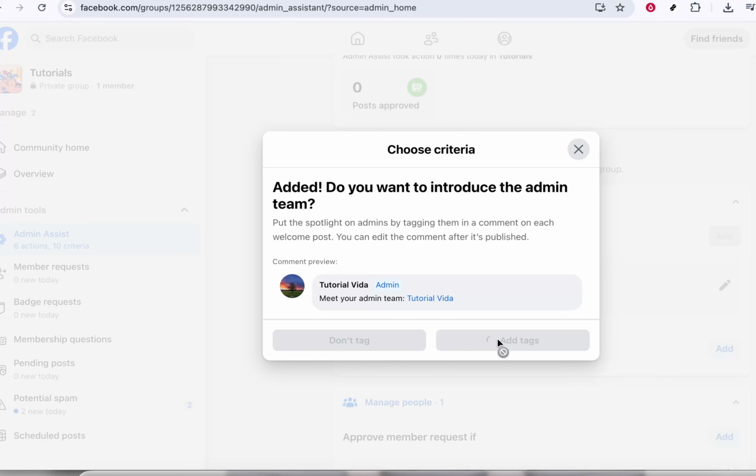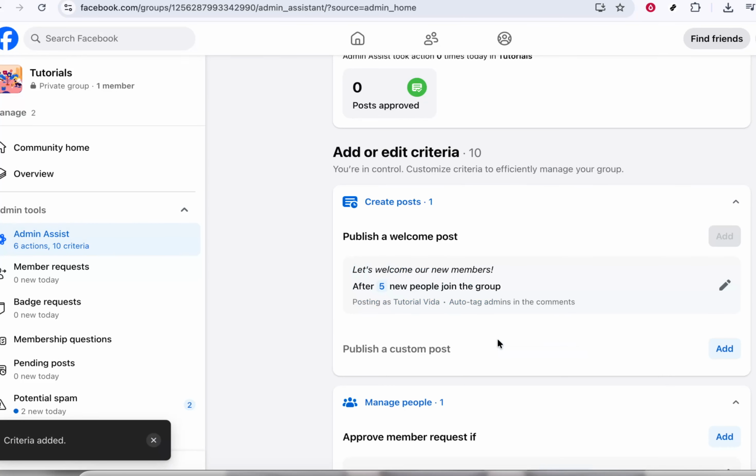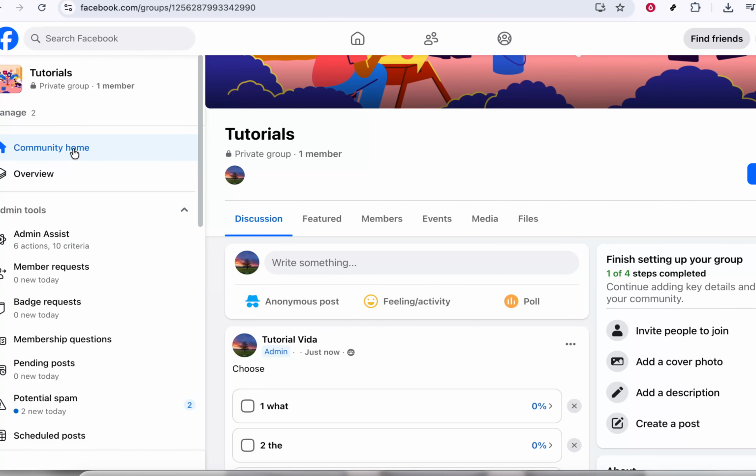You can edit the text to match the tone and purpose of your group. For example, you might briefly introduce what the group is about, remind people of the most important rules, and invite them to introduce themselves in the comments. You can often include placeholders so the post automatically tags new members, making them feel personally welcomed. Once you're happy with the wording and any other available settings, confirm and save your changes. From now on, every time new members join your group, Facebook will automatically publish your welcome post according to the rule you just added. This simple setup helps you create a